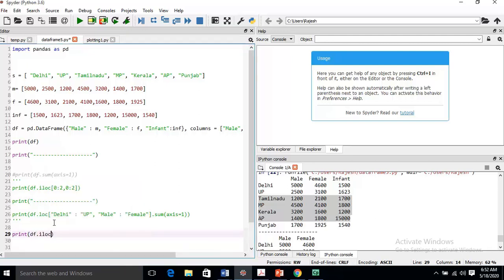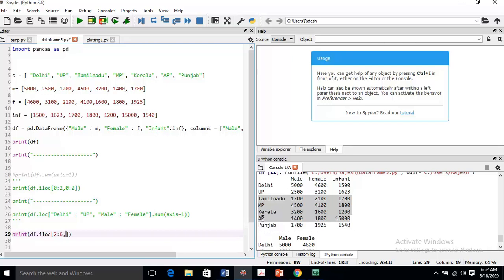df.iloc. Let you see the index. Tamil Nadu index is 0, 1, 2, it is in the second position. I will say 2. Then AP is 0, 1, 2, 3, 4, 5, but I will write here 6.